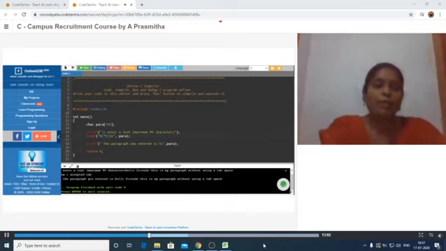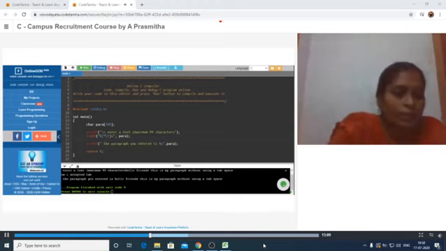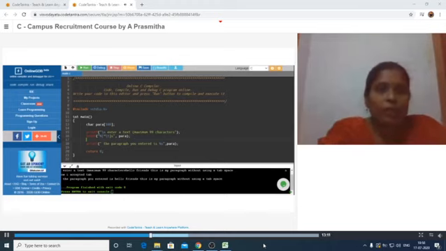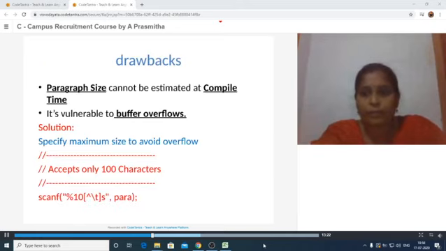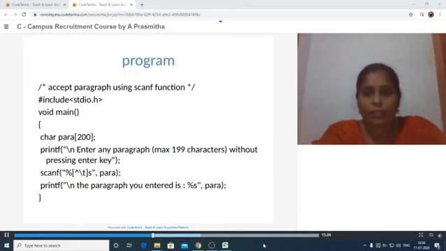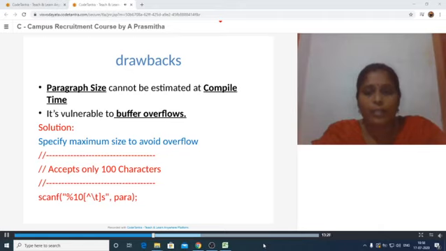It will include even the new line characters in our program. It will accept the new line characters in the program. Now the next question is, the basic drawback in the previous program is you cannot mention how many characters you are going to read.